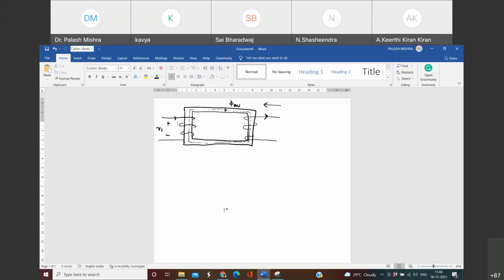And if someone knows any rule how to find it out, please tell me. Anyone? Any one of you can guess which direction it should be? Right side. Right side? This way? Sir. Yes. Why, sir, is it so? Why is it so?